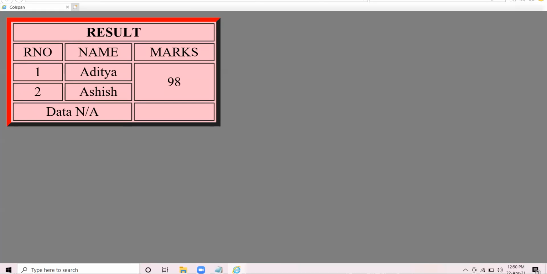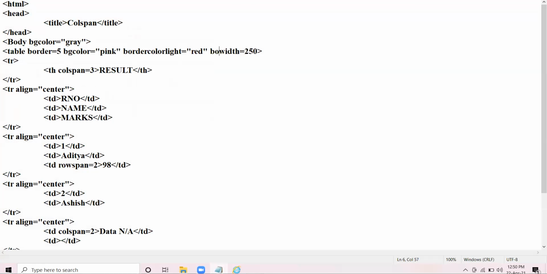The border in red color is appearing on the top and the left side. No color on the right and the bottom. Now I'm giving one more attribute, bordercolordark equal to yellow. Bordercolordark equal to yellow.